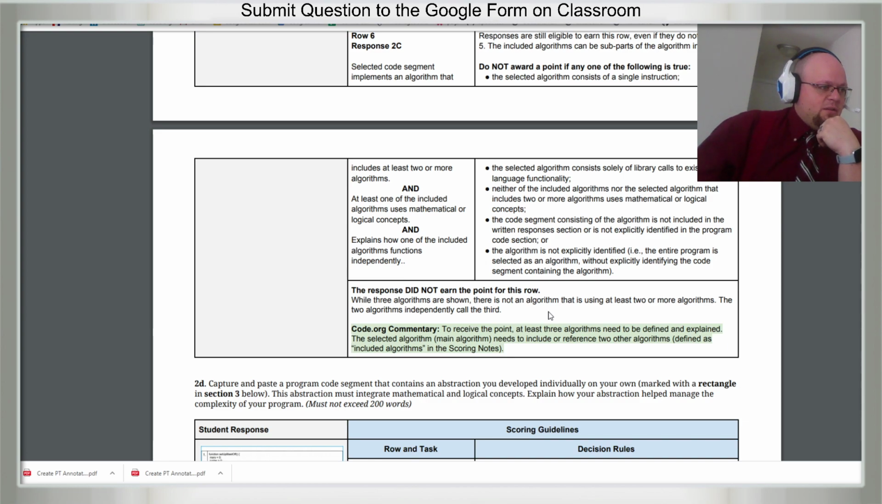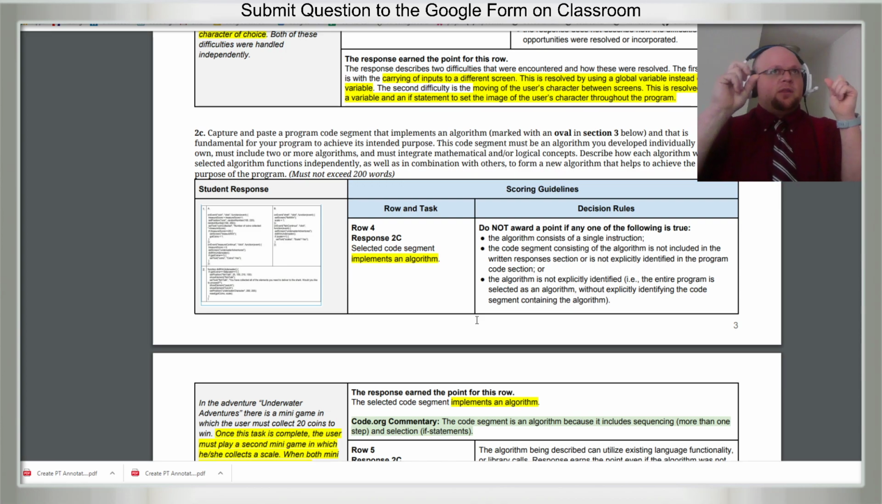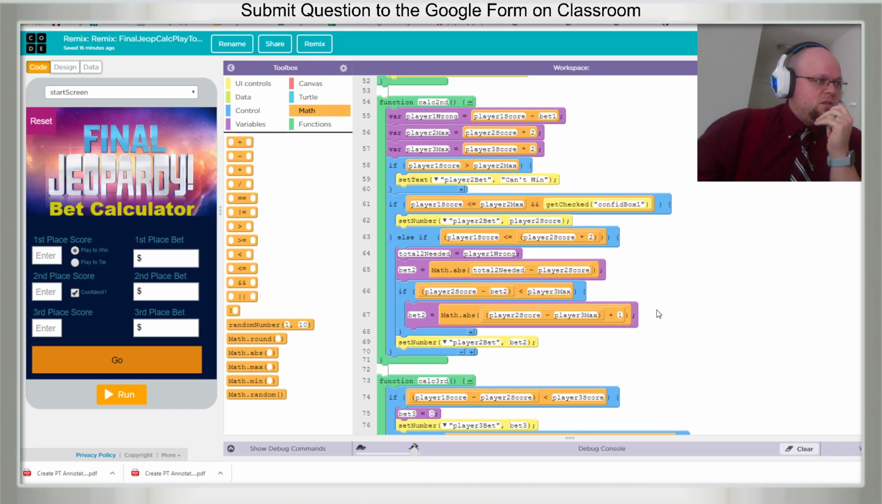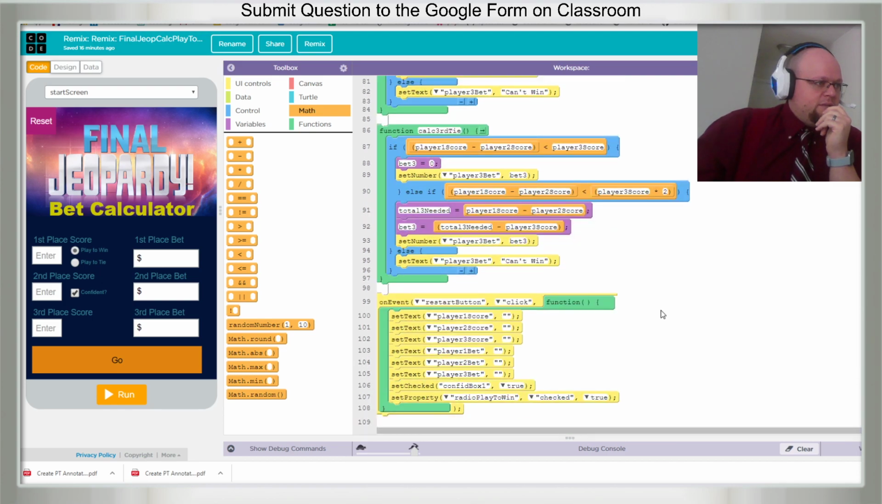But the 2 algorithms independently call what? While 3 algorithms show there's not an algorithm that is using at least 2 or more, the 2 algorithms independent. Oh, okay. So in the example of this one, it's 2 different algorithms that use a third rather than one that uses 2. I think they're looking for one that uses 2, like, let's see if I have an example of an if-else that sits inside of a,